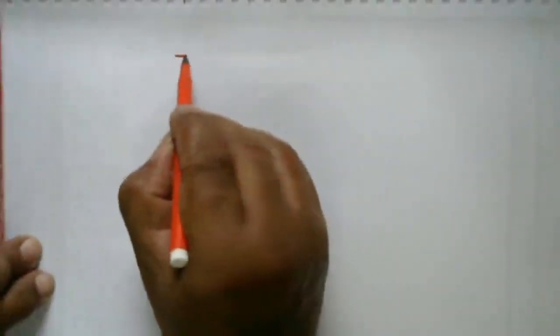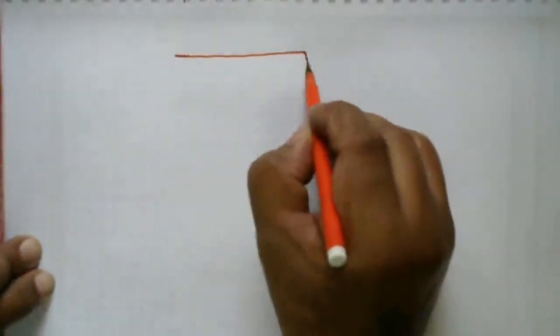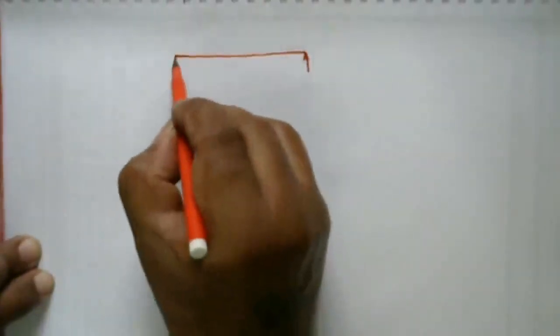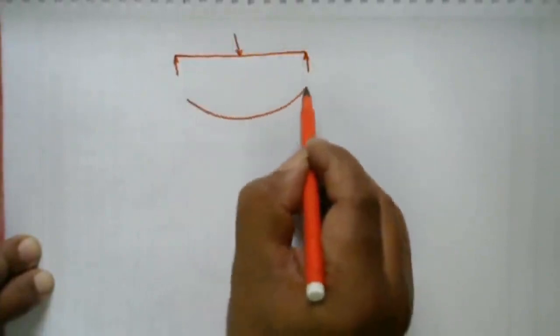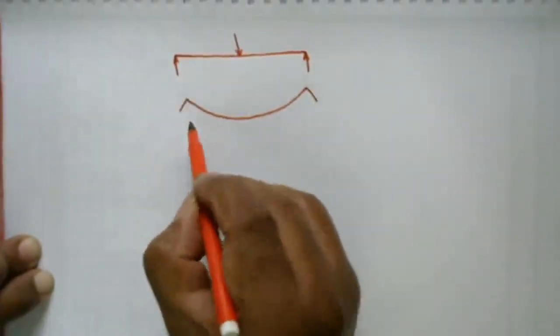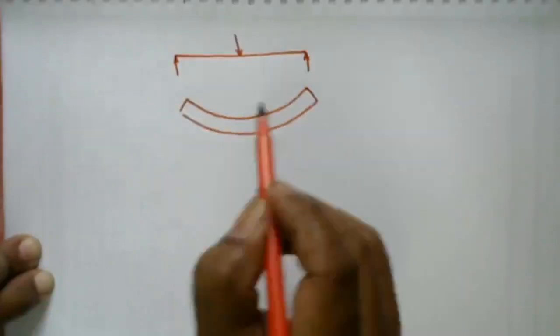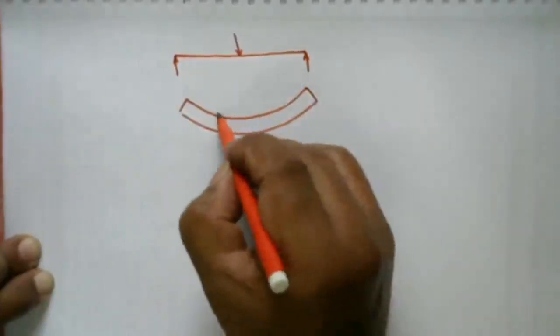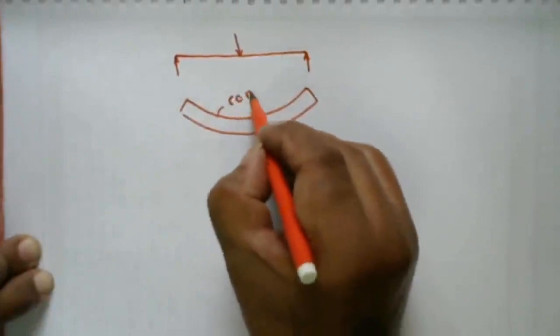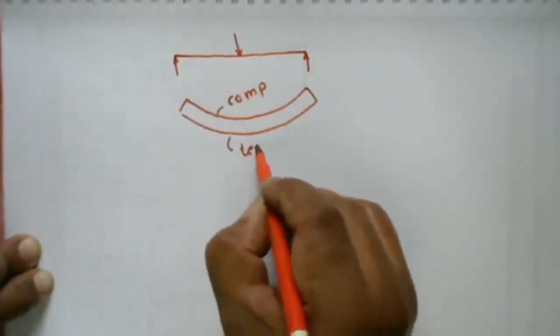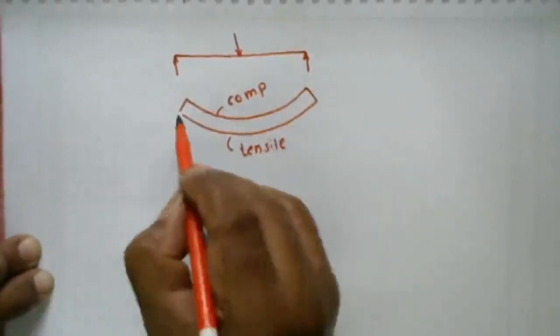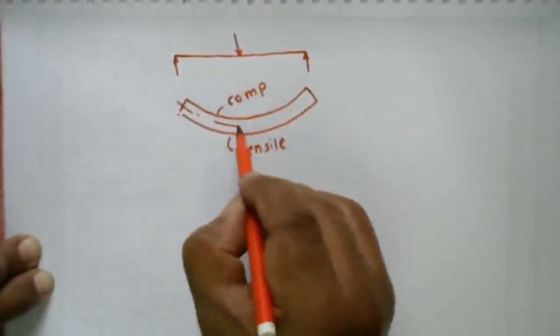What is meant by moment of resistance? When the beam is subjected to a point load, at that time it deflects from its original position in the form of curvature. When it is in the form of curvature, compressive stresses are induced at the inner fiber, whereas tensile stresses are induced at the outer fibers, and this we may say is a neutral axis.